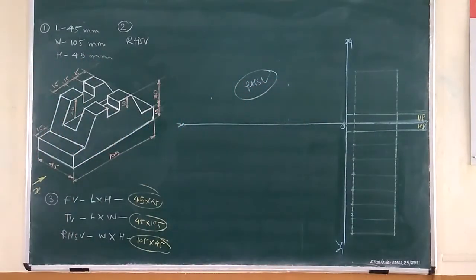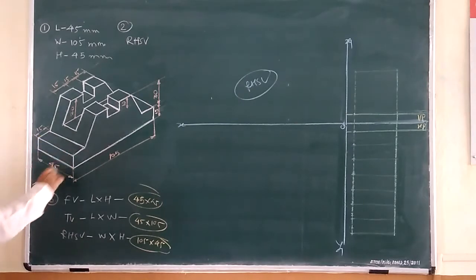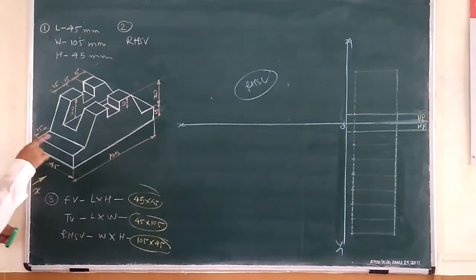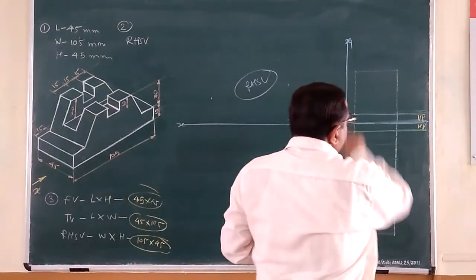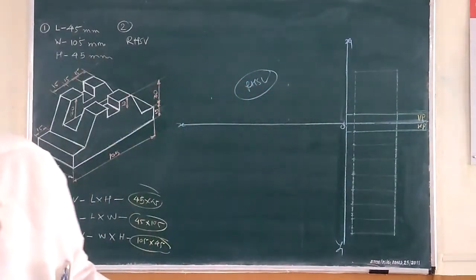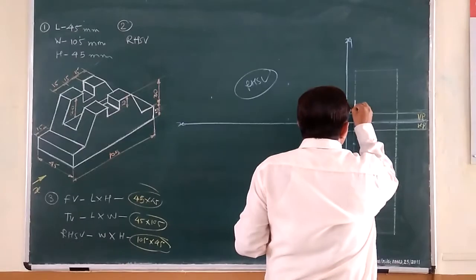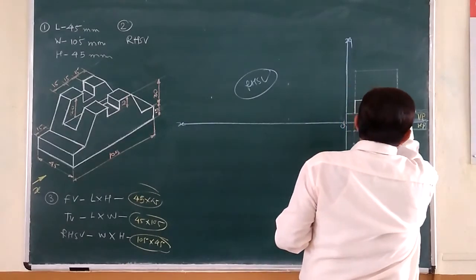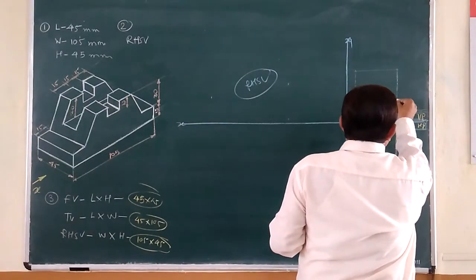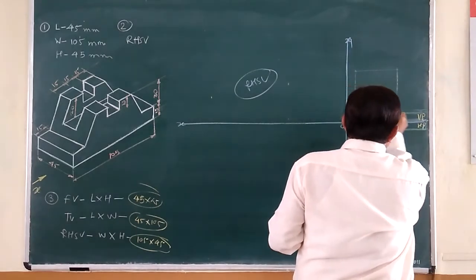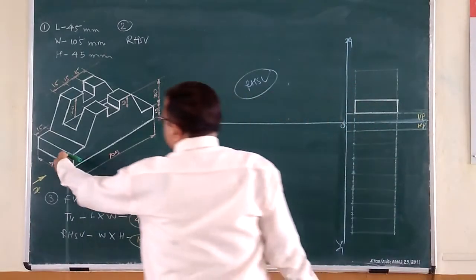For the front view, what you have to do? Just now you have to observe this object in this direction of x. So what will happen? This surface will appear. This base plate carrying 15 of height. So initially that distance you have to mark. I have marked at 15. So that surface, simply this surface as it is appearing, you should make it clear. Yes, this base plate height is 15 mm. This is flashing first of all.